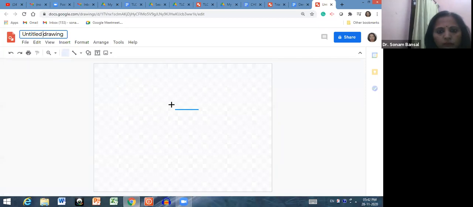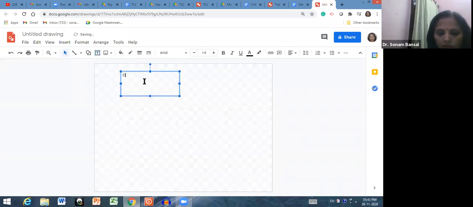Or you want to add a line, or you want to add some text here, and just write down here cooperative learning.